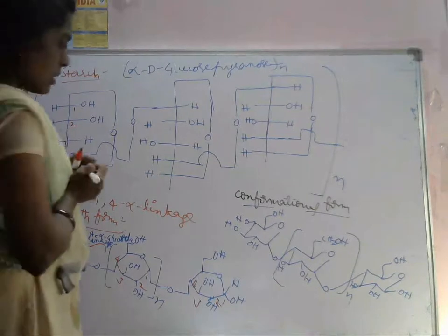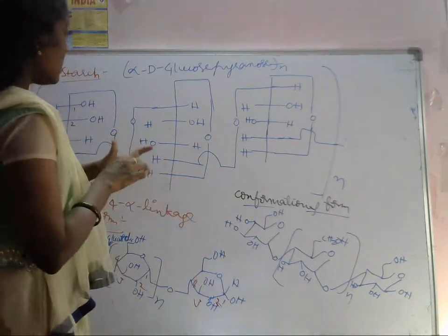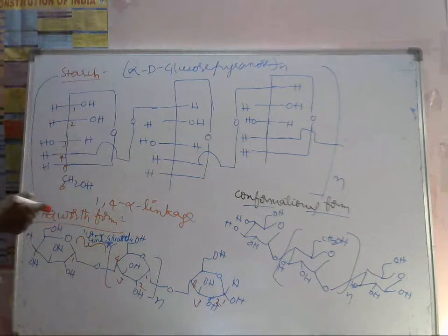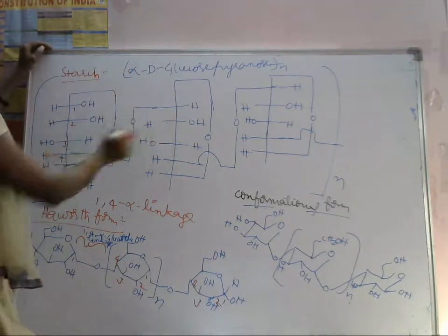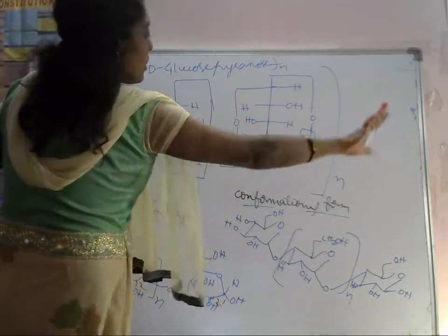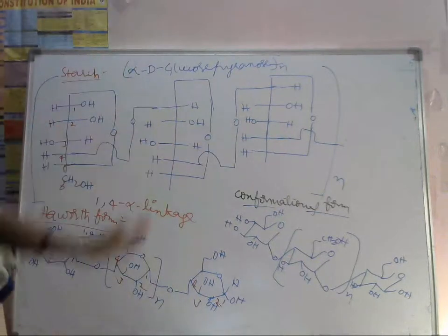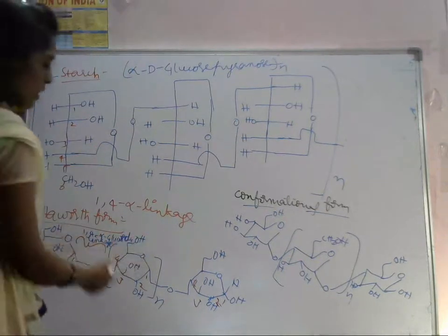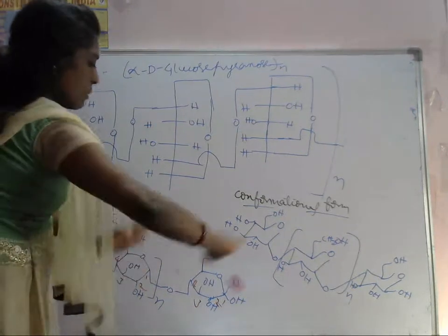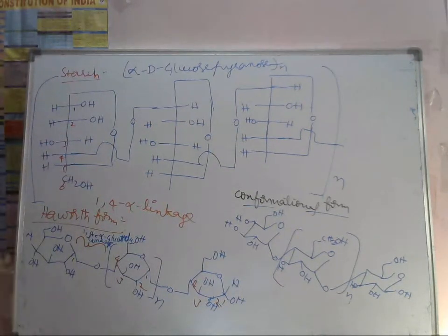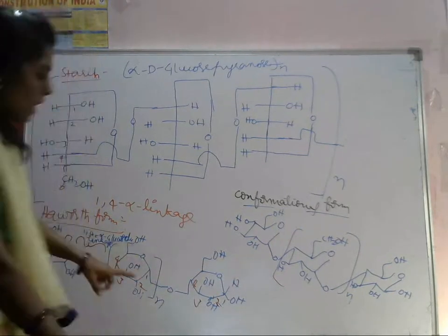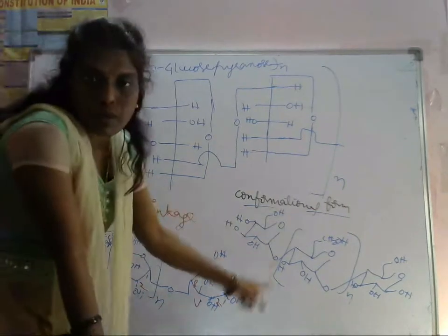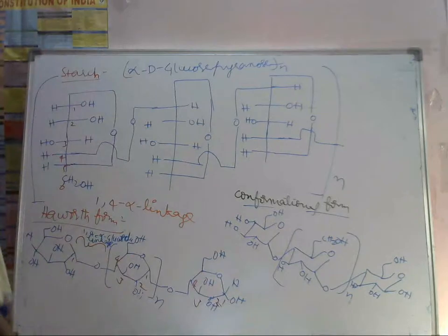So this is about the conformational form of starch. If you see here, there is a 1 to 4 linkage, and like that it continues. So this is the Haworth form; if this unit is repeated a number of times, then it is called starch. This is the Haworth form of starch, and this is the conformational form of starch. Okay, so next let's see the